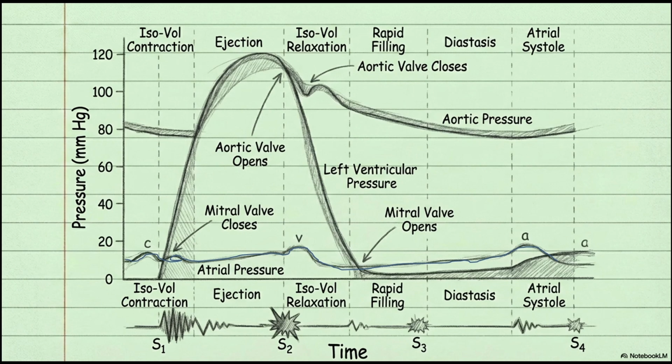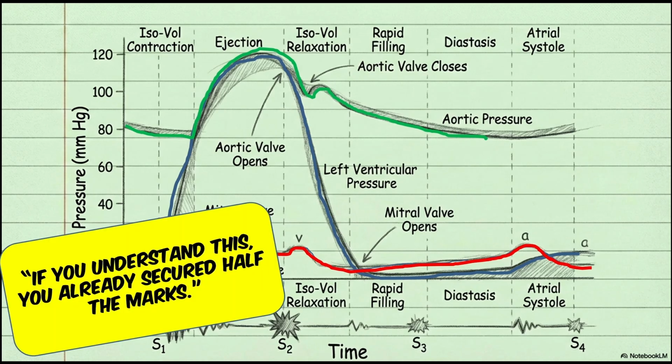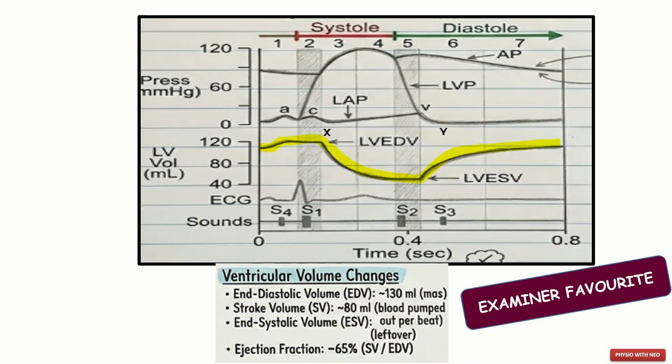So this is how your final pressure diagram should look. It's showing three pressure changes: left ventricular pressure changes, below the atrial, and above the aortic pressure changes. If you understand this, you have already scored half of the marks. After this pressure changes phasic diagram, below you are going to draw the volume changes diagram, and this is the